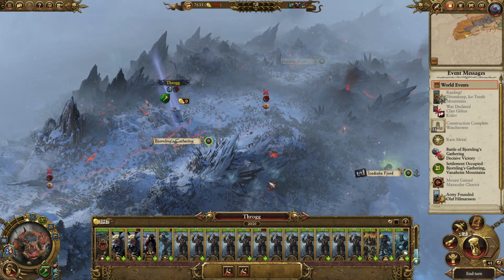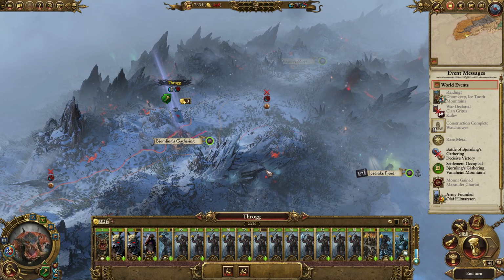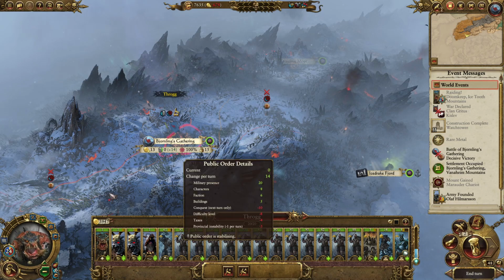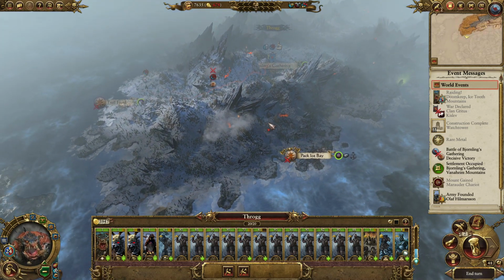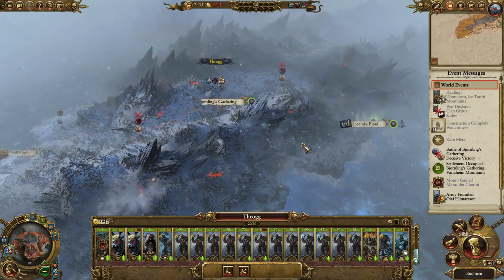So 300 gold versus some extra replenishment. I think I'd take the extra replenishment. It also helps with public order here, but that's not really a factor. Right, and I think the last decision is